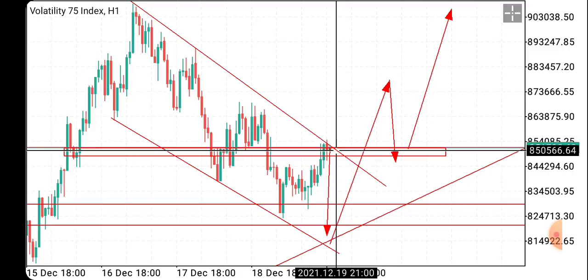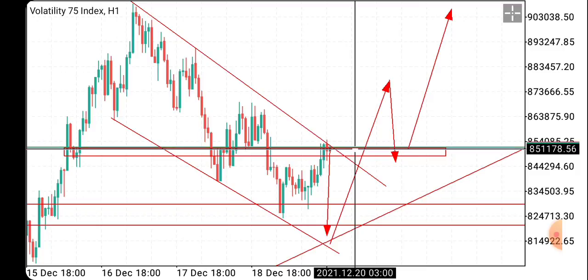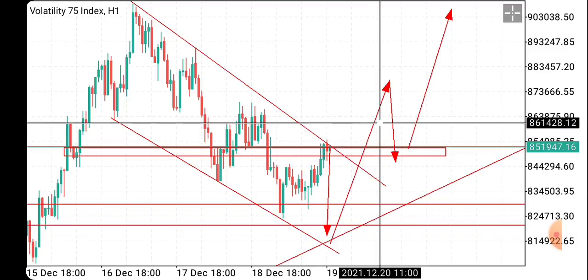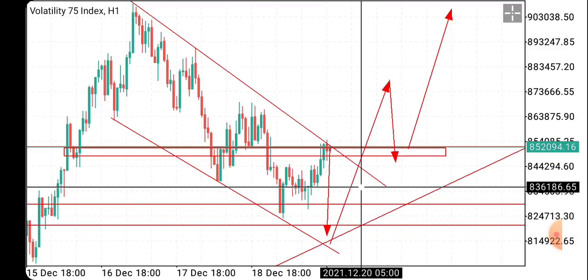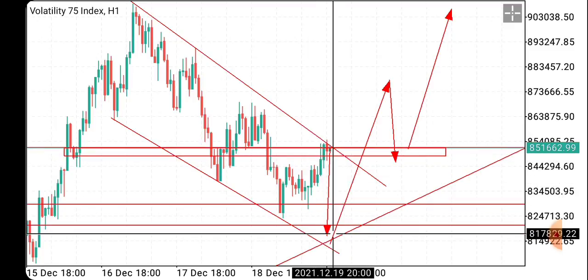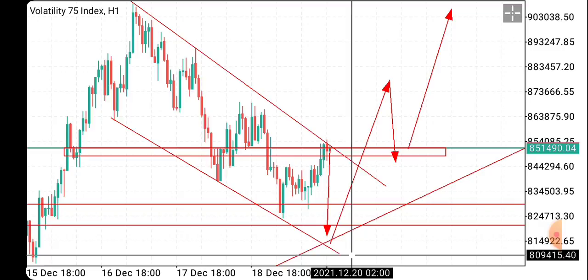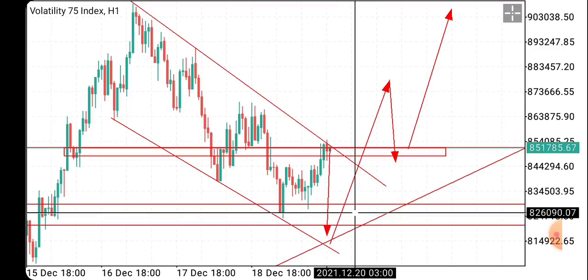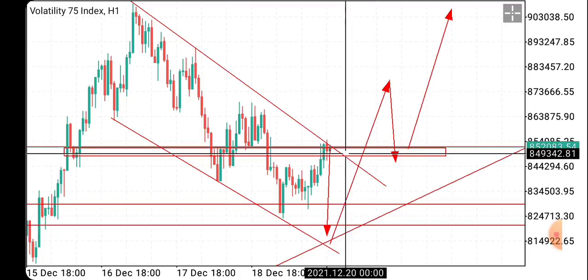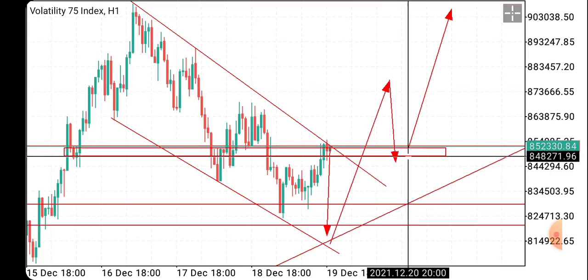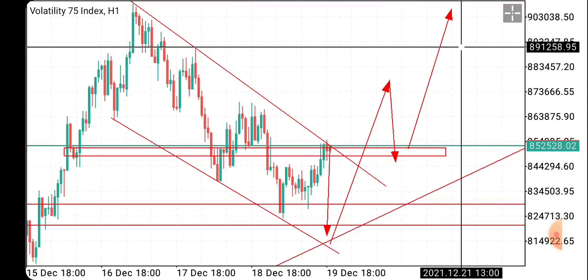They say 80% of the time you have to be sitting on your fingers, and 20% is just to pull the trigger. So when you do your analysis, you're able to identify patterns like this. You now wait for price to play out the way you want, and you take your order. So I will be waiting for price to hit this zone, and then we enter following our knowledge in impulsive and corrective moves, or someone else will be waiting for price to finally break out from this flag pattern, and then they wait for a retest to enter. So it will depend on which type of trader you are.